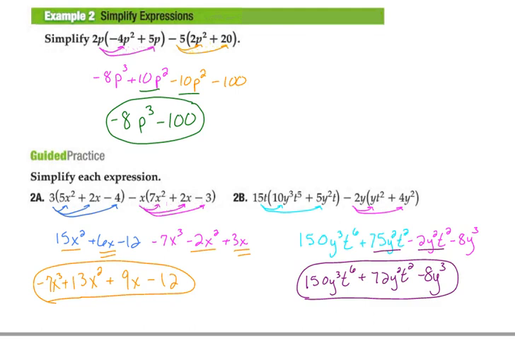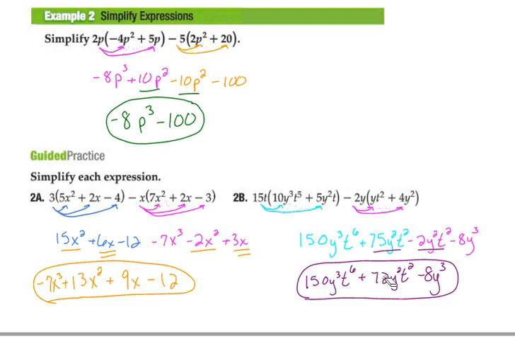Okay, 2b is kind of an interesting one because when we distribute all of this through, we have some pretty crazy looking terms. So when we're combining like terms, we have to be super picky. We have to make sure when we have multiple variables going on that they're exactly the same in order to combine them. We have the same variable, same power, same variable, same exponent. So we could combine our 75y squared t squared with our negative 2y squared t squared